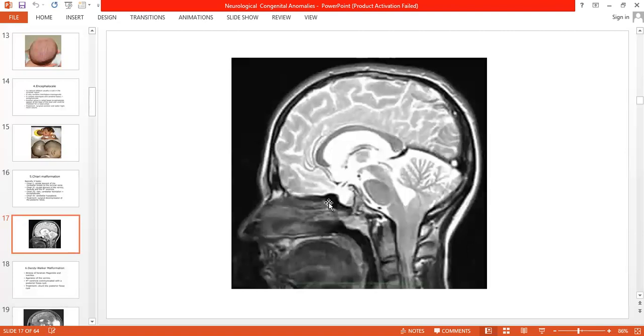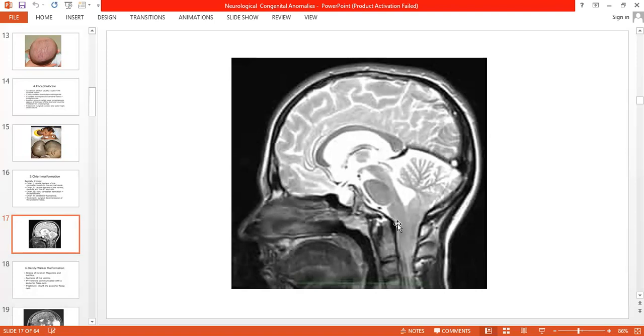We know the cranium is divided into the anterior cranial fossa, the middle cranial fossa, and the posterior cranial fossa. Posterior to the petrous part is the posterior cranial fossa. So frontal, temporal, and anterior, middle, and posterior cranial fossa. The posterior cranial fossa is the part where the cerebellum is mainly located. You can see the cerebellar tonsils herniating down over here. And this is the pons, and this is the medulla oblongata. This is the foramen magnum.